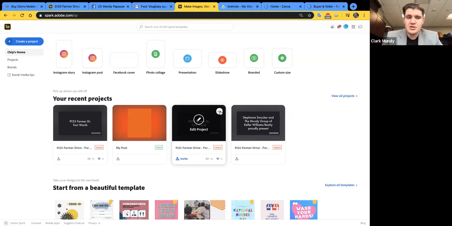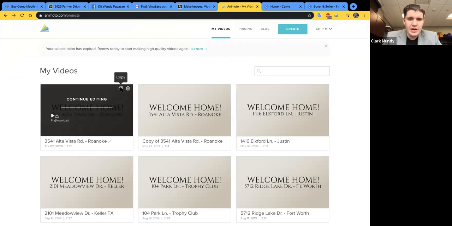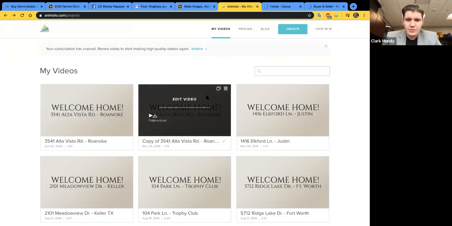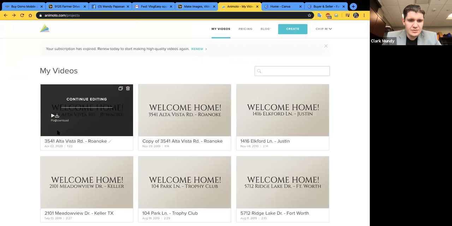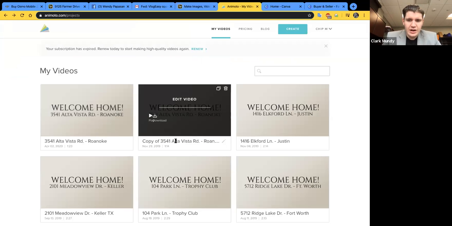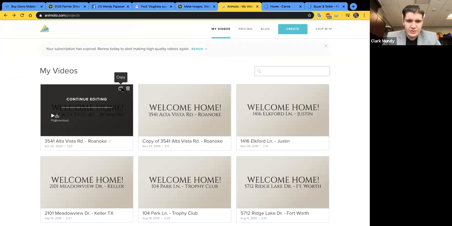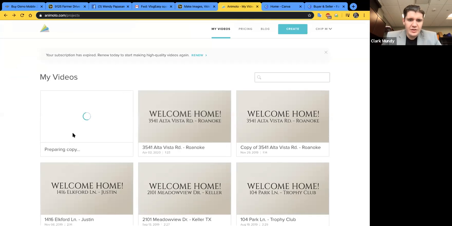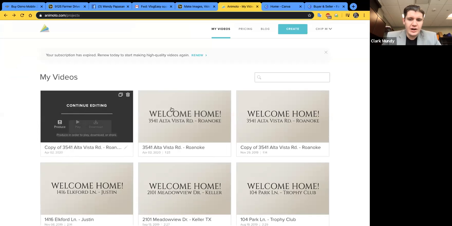So a duplicate option is very important to me as an editor when I'm doing this, because you want to be able to hit that duplicate button. And on here on Animoto, I'll show you, it's just copy. So up here, the way I created this one that says copy of right here, is I just went to the regular one, clicked copy, and then it makes a complete duplicate of the video that I created